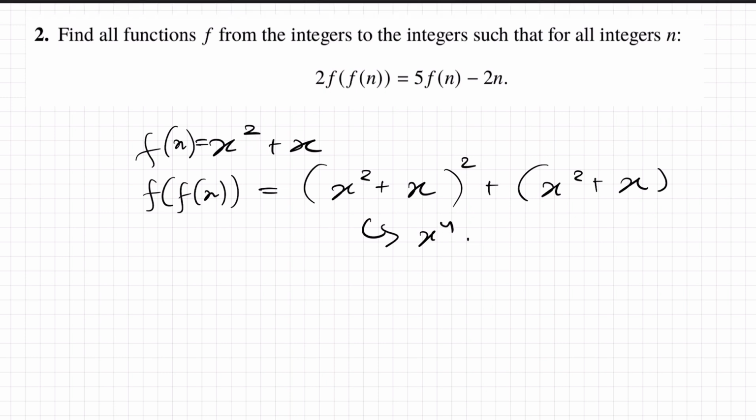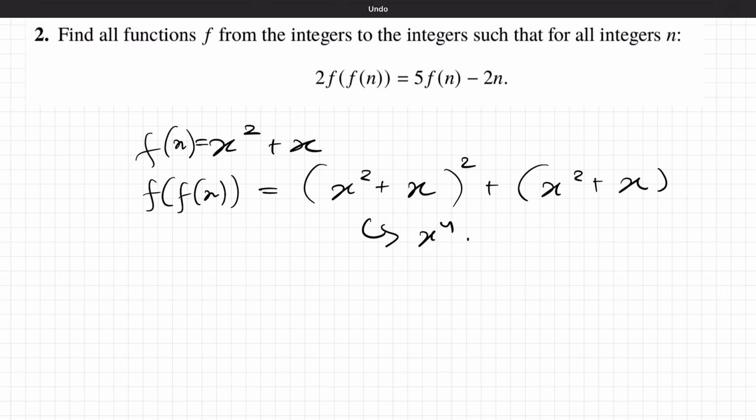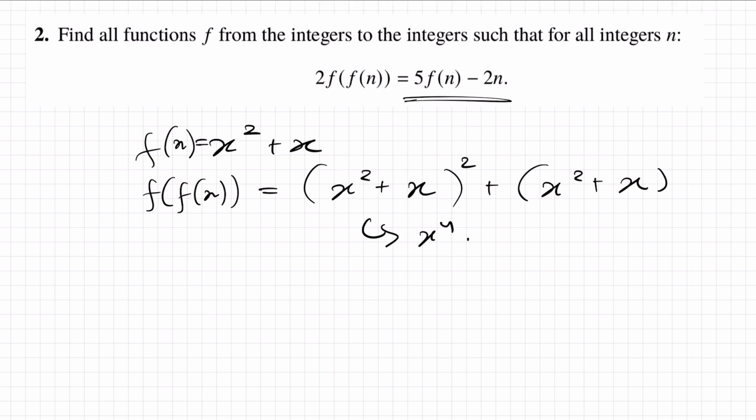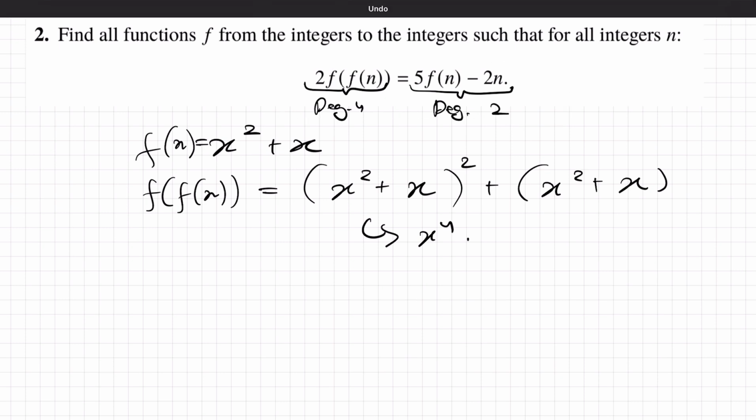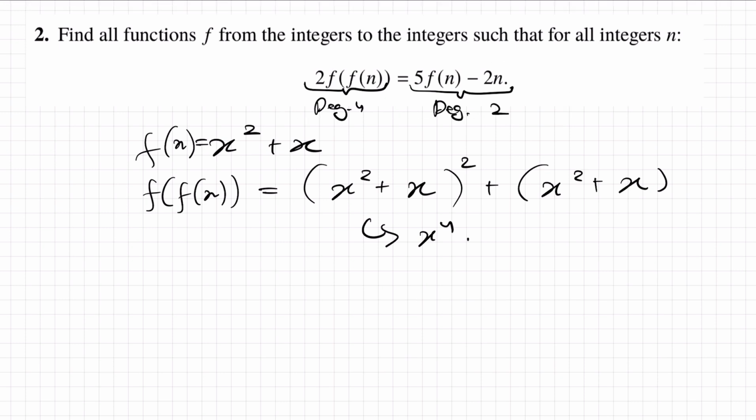So our degree effectively gets squared when we compose the function, which means if our degree is squared on this side, it should also be squared on this side, but that's not going to happen. So if we have a quadratic, this side would be a degree 4, whereas this side would only be a degree 2, and so they obviously couldn't be equivalent for all n. So with that out the way, that means the only way to match the degrees on both sides would be